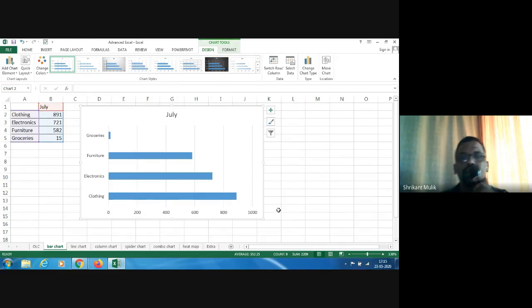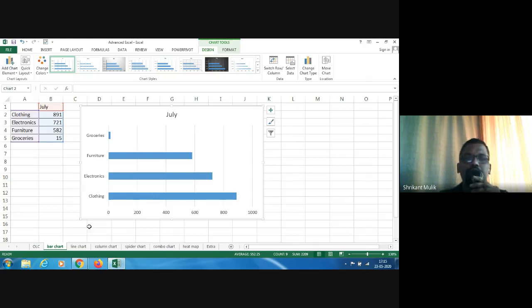Obviously, this is not a COVID-19 situation. This is a much earlier situation, and this is for a particular store brand, and these are the figures. So you see this visual is coming out very well. And as I said, we're not picking this visual for the sake of it, but for a reason. So this is definitely one thing that you could do.